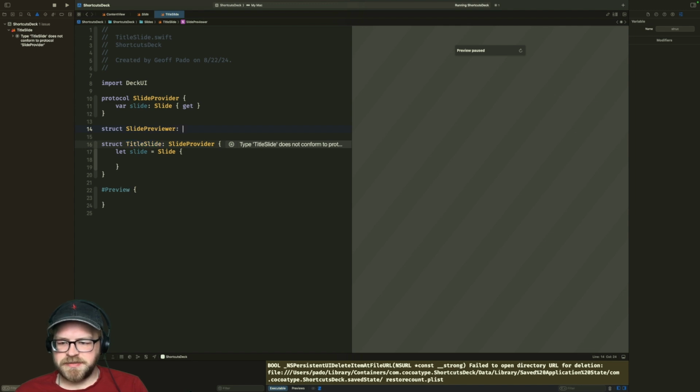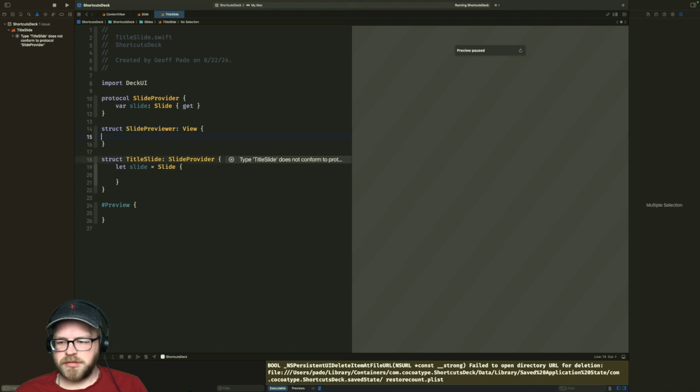And then this is going to be a view, var body, init with provider slide provider.